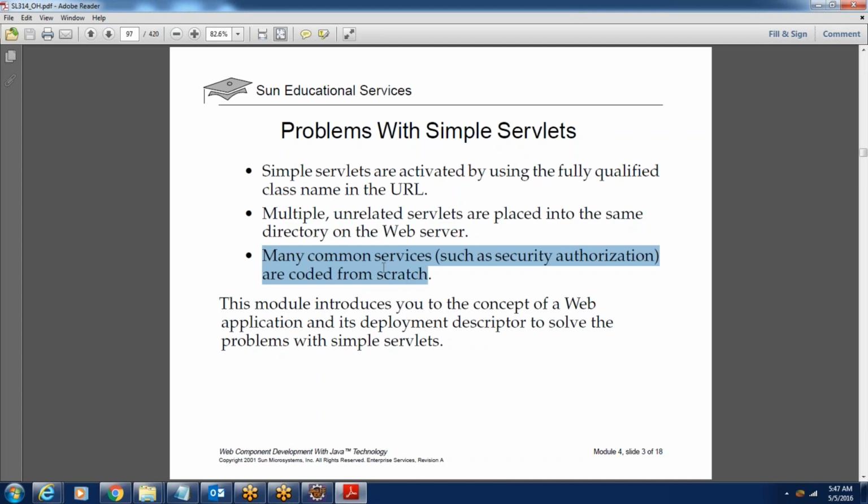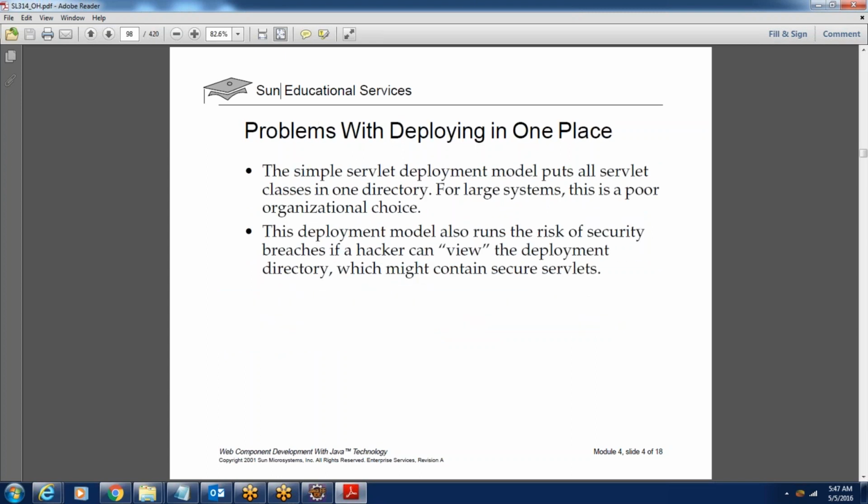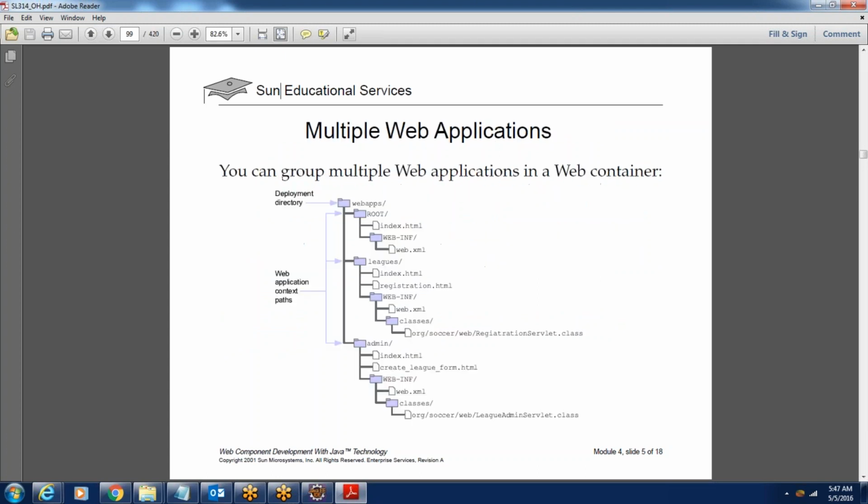Many common services such as security authorization are ported from the start. Okay, over here, what we are specifying is